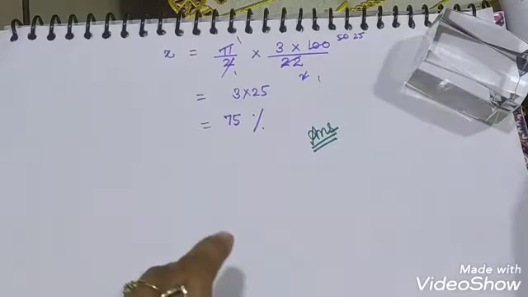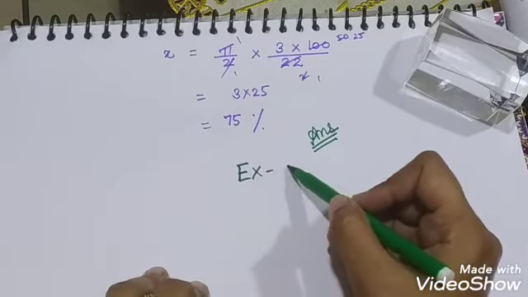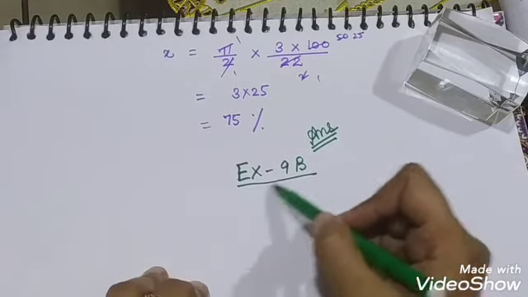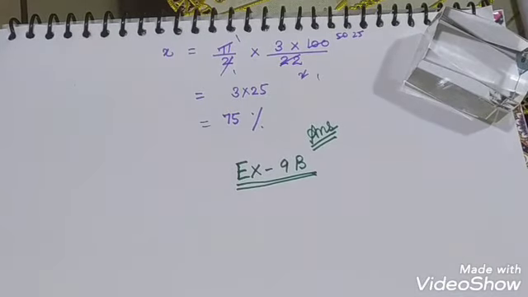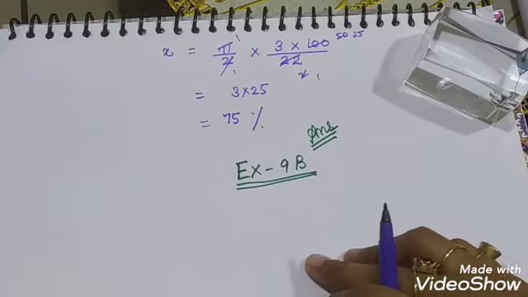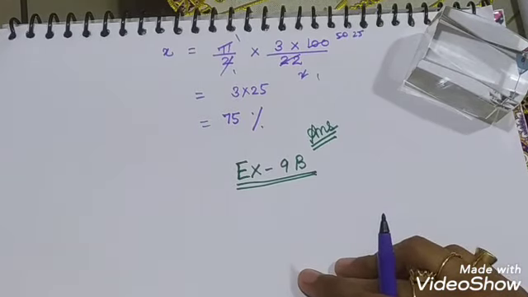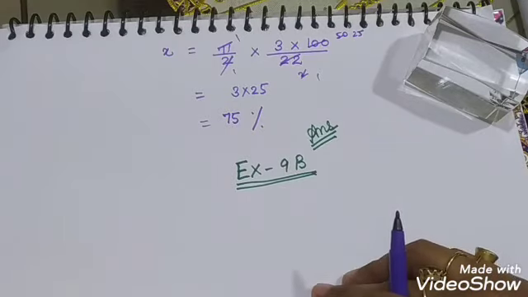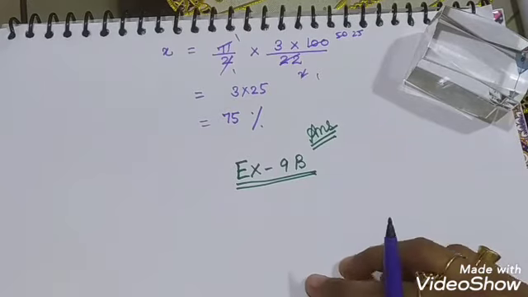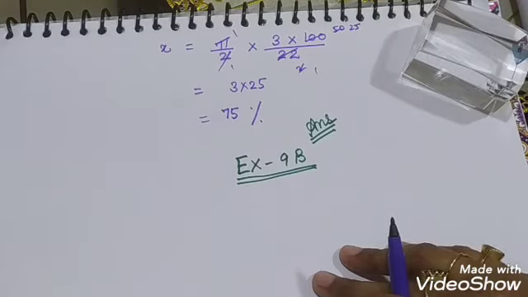Now we will solve another exercise, which is exercise 9b. So let us see the question of this exercise. So many questions are there in this exercise. We will do only the questions of different types. Means those questions, if 4 questions are of the same type, I'll solve one of them, and one I'll give you as homework. You will do only homework and solve only, practice only classwork and homework. Okay, leave the other questions as they are of the same type.